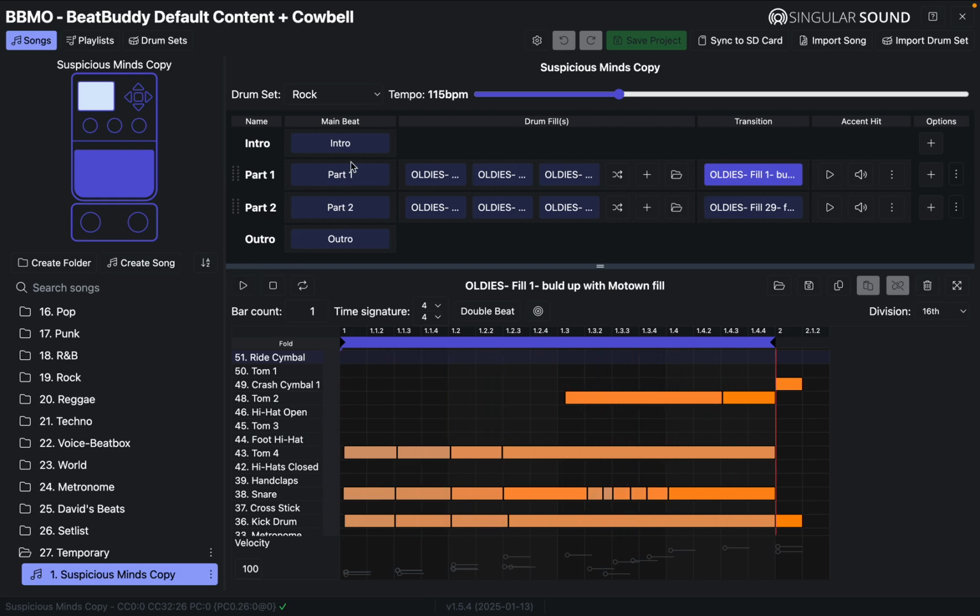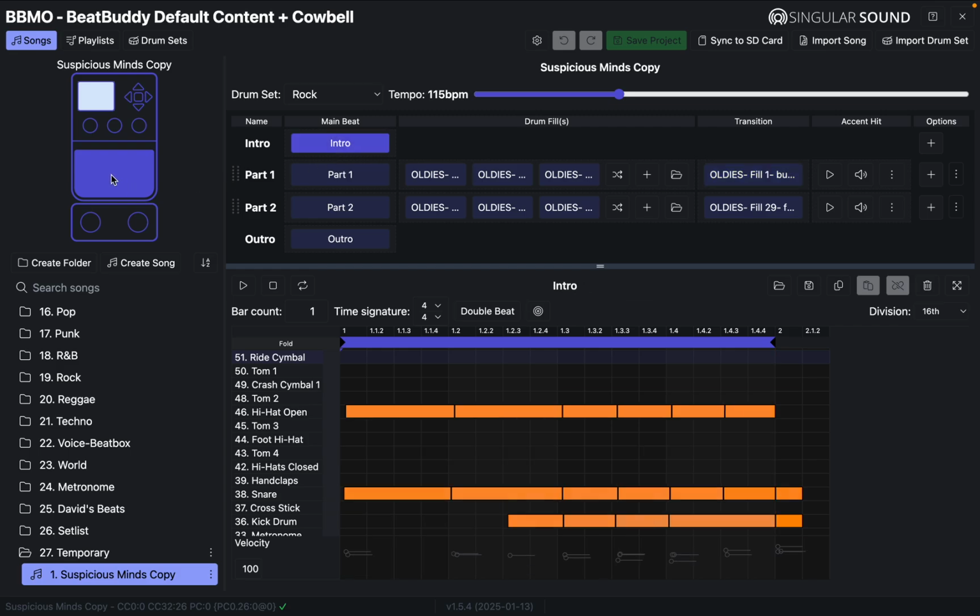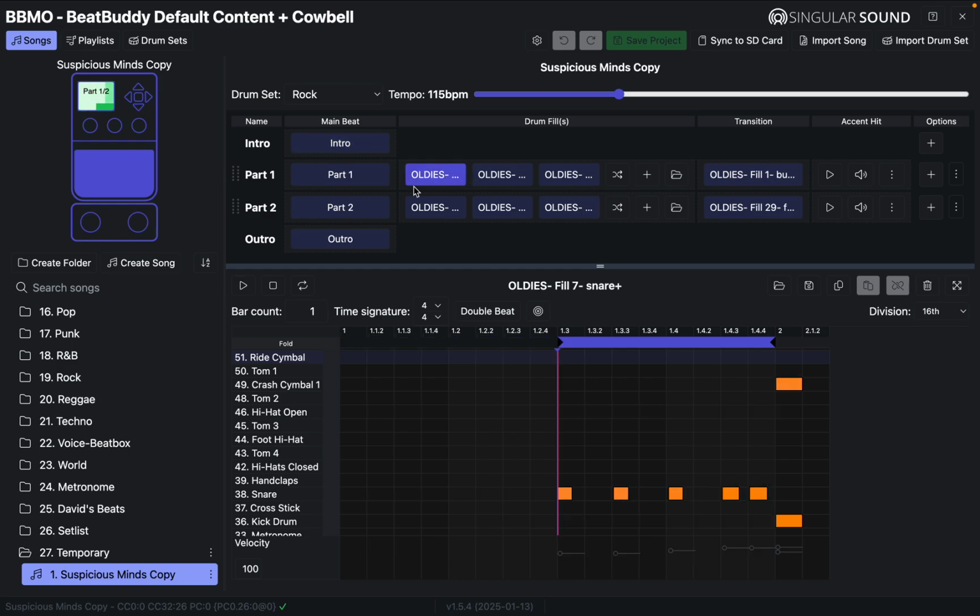listen to it that way, or I can actually listen to it on the pedal. And I'll show you that now. So click it once, it's going to play the intro and then go into part one. So there we go. So this is as if you were performing the song. So if I wanted to play a fill now and play this fill 7 snare, I'll click it once. There you go, there's the first fill. If I want to play the second fill, which is this one, fill 11,